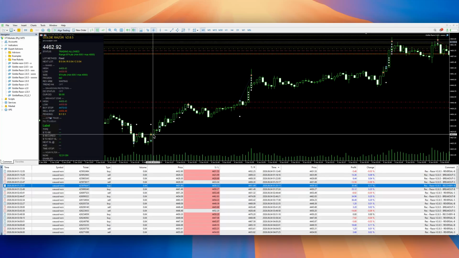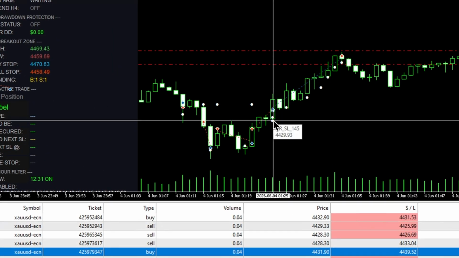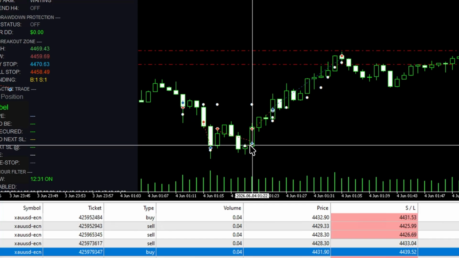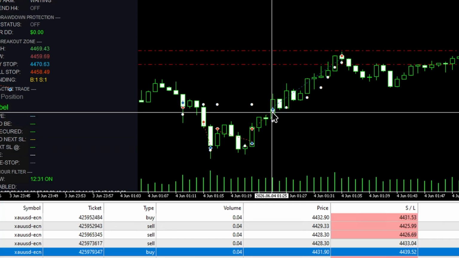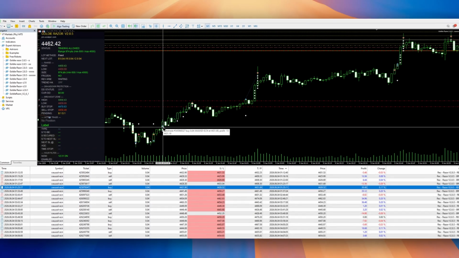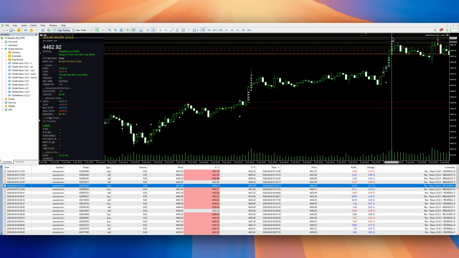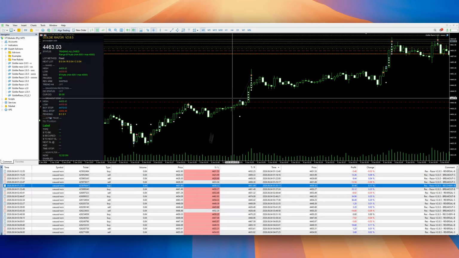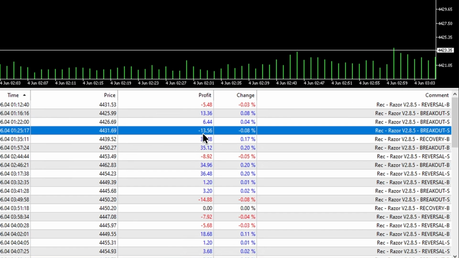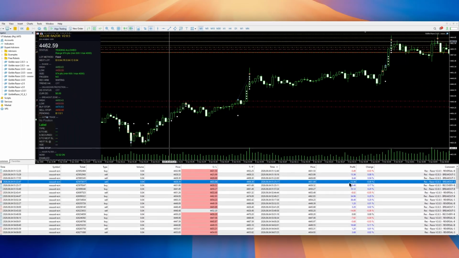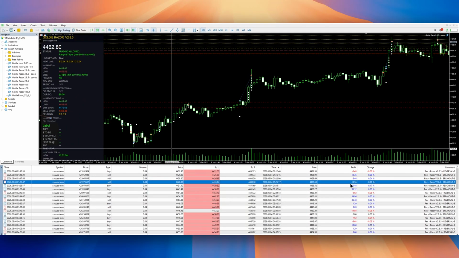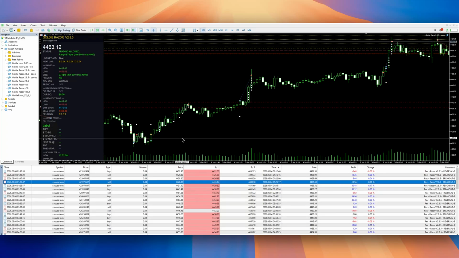Let me show you here. I think it is this one. So the expert advisor started here and stopped here, because if you look carefully, take a look at the gold, it went up quite a bit, and instead of having here only minus $13, normally it would be $120. I usually don't mind, because during the day it will recover, but because I did not use until now this